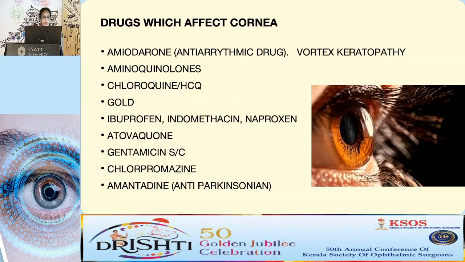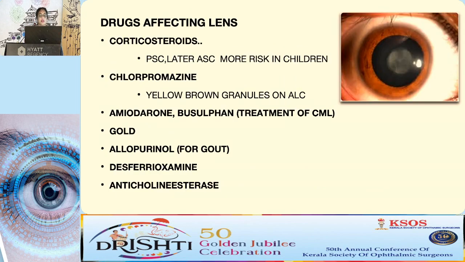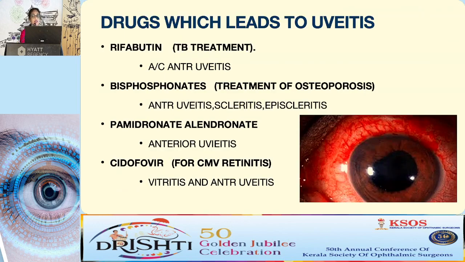Those which affect the lens include corticosteroids, which lead on to PSC, and later anterior subcapsular cataract, which is more commonly seen in children; chlorpromazine, yellowish brown granules, and ASC; amiodarone, busulfan, gold, allopurinol, desferrioxamine, and anticholinesterase. All these drugs, their dosage and their effects will be dealt with by my fellow speakers. Drugs which lead on to uveitis include rifabutin, which causes acute anterior uveitis, bisphosphonates, pamidronate, alendronate, and cidofovir, which is given for CMV retinitis, again leads on to